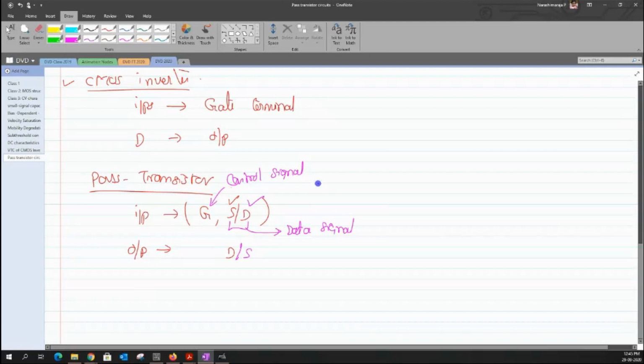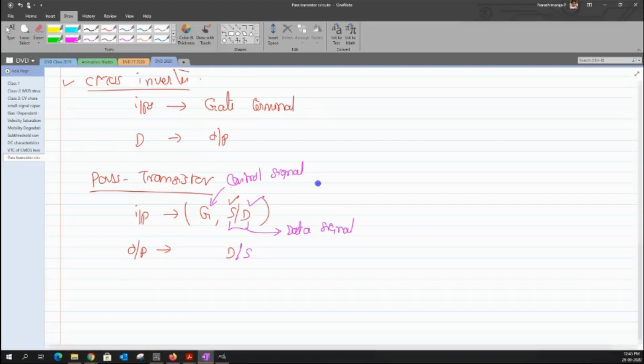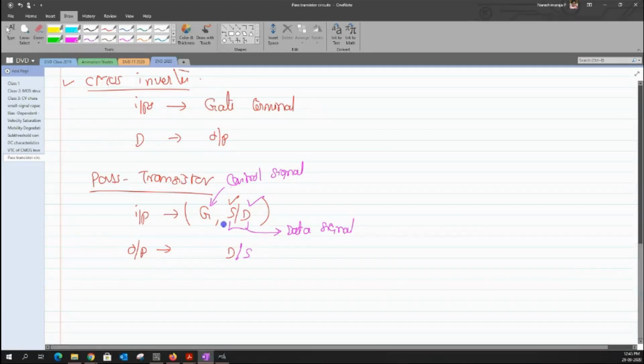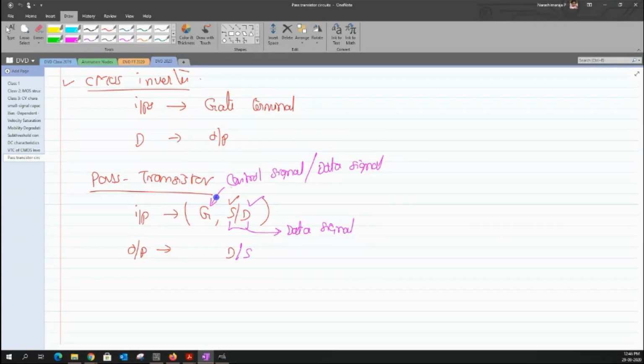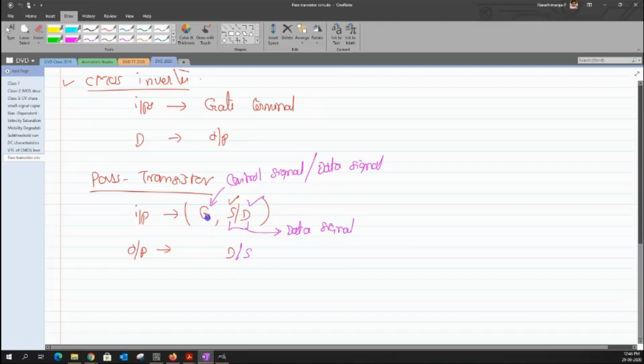We will see situations where I apply one part of the input signal to the gate, and the other part of the signal is given to either the source or the drain terminal. So the gate can also be called a data signal or a control signal. Clear? But I just want to distinguish whatever I feed to the gate as a control signal, and whatever I feed to the source or the drain as my data signal. That makes it a little easier for me to talk about it, so each time I need not refer to the gate specifically. For my convenience, I'm using this notation.